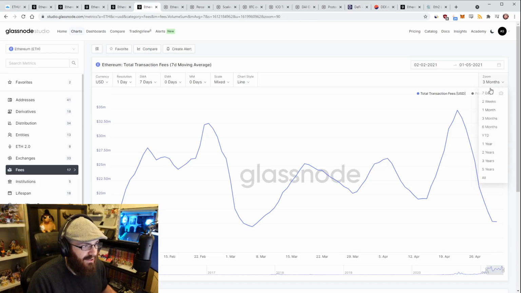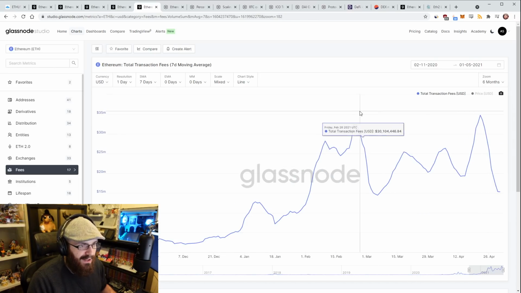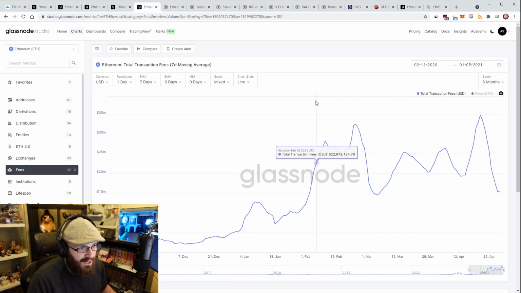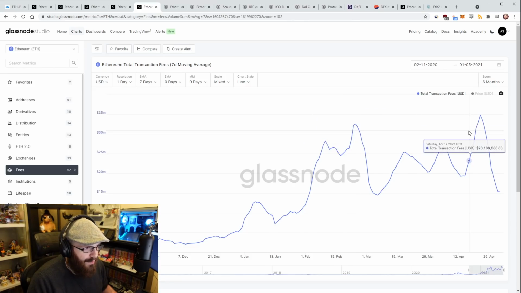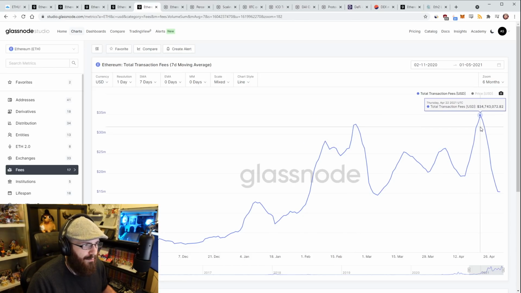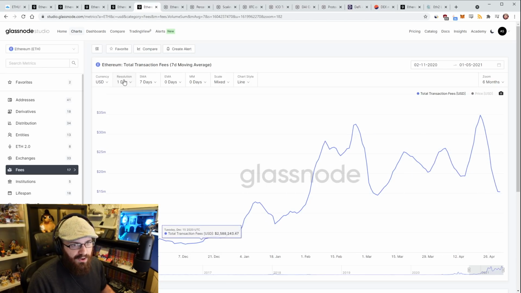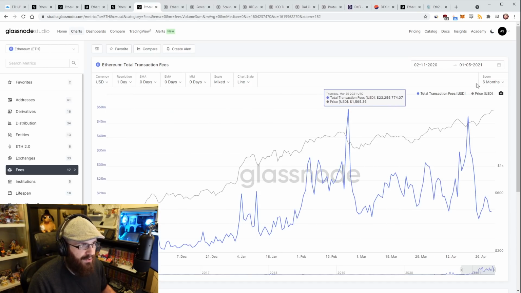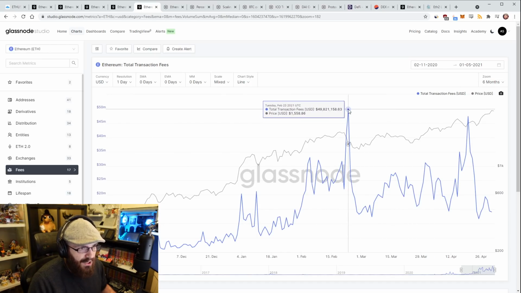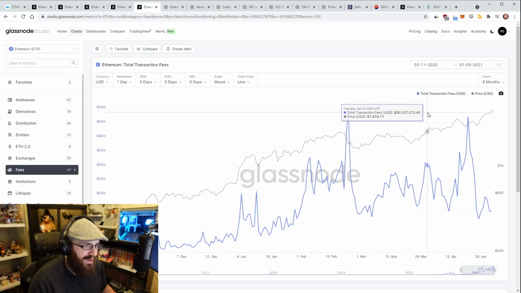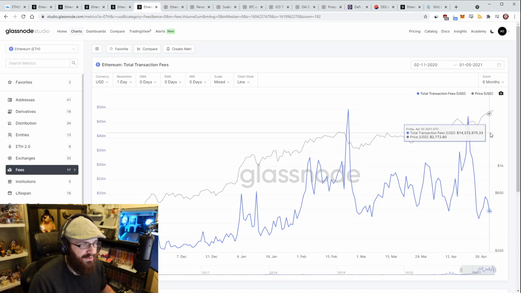Now, the interesting thing is to see how it's evolved over the last, I guess, 6 months. This is based on the 7-day moving average in USD, of course. So you can see here, we seem to have peaked at about $34 million, $35 million based on the 7-day moving average, and then we've dropped down to about $15 million right now. If we just do 0-day moving average, it looks a lot more pronounced. You can see here that the highest was $50 million in a day, and then after that it dropped considerably as well. It went back up a little bit, went up the other day to another 50 million, and then back down, and we're at basically 14 million right now.